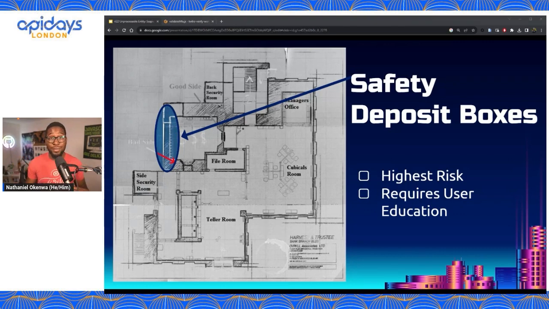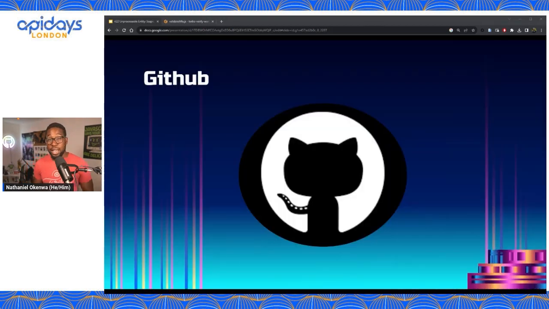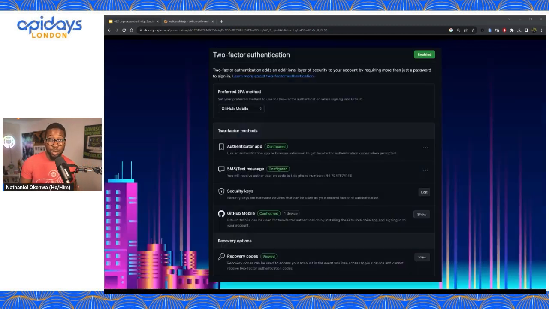Now, an example of a company that I think does really, really well with this is GitHub. If you go onto your GitHub page, if you maybe have one, and go into your settings and onto your 2FA, you actually see that there are multiple methods of authentication. You've got Authenticator app, you've got SMS, you've got GitHub Mobile, and you can have recovery codes if you need to get everything back. This is my one, and as you can see, I prefer GitHub Mobile as my preferred 2FA. It is honestly awesome.